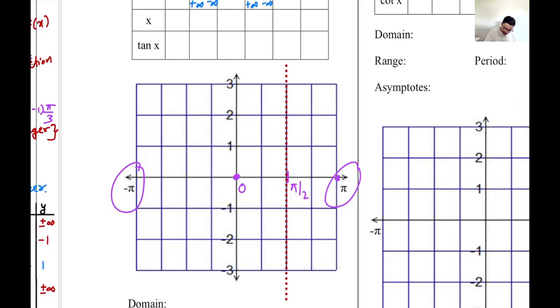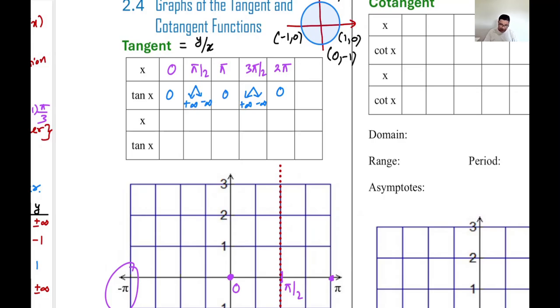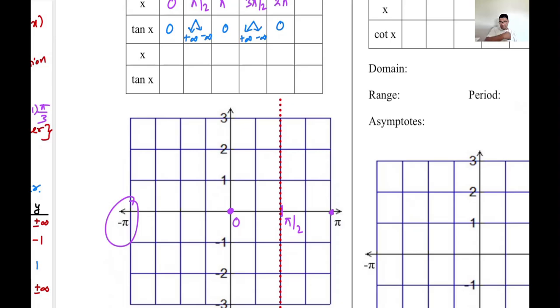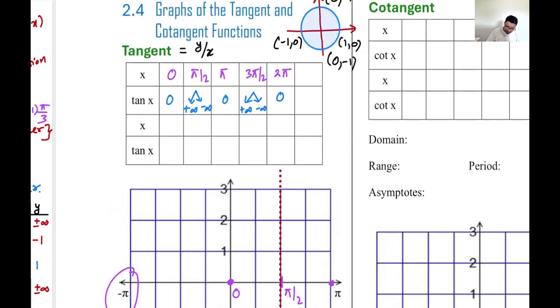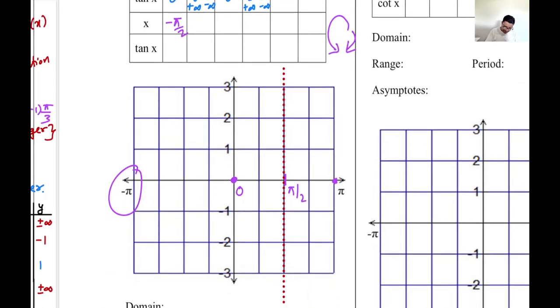which actually tells me we did not consider the negative side. We only took from 0 to pi on the positive, then we went to 3 pi over 2 and 2 pi. Let us trace it back. Okay, what is 3 pi over 2? 3 pi over 2 is same as negative pi over 2, right? Anti-clockwise 3 pi over 2 is same as clockwise pi over 2. So at negative 3 pi over 2 also, at negative pi over 2 also, you will have a vertical asymptote